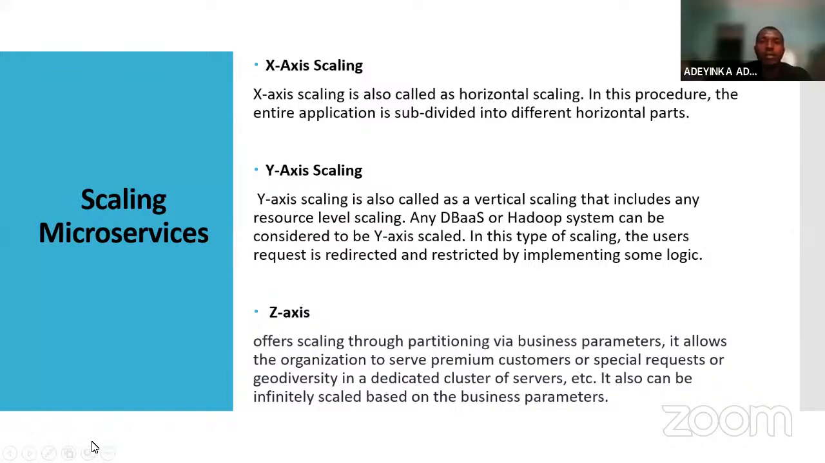Okay, all right. So the concept of scaling is actually part of what defines the microservice architecture. As opposed to the monolithic type of development, the microservice architecture can be scaled in three different ways. You can decide to